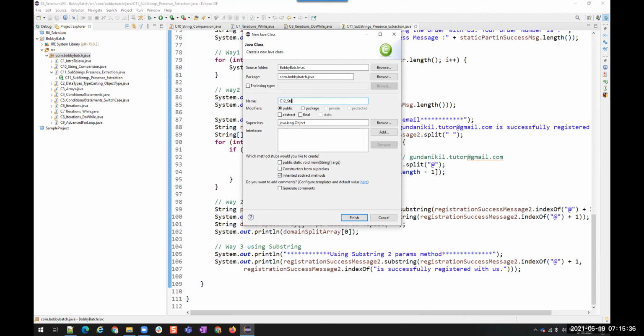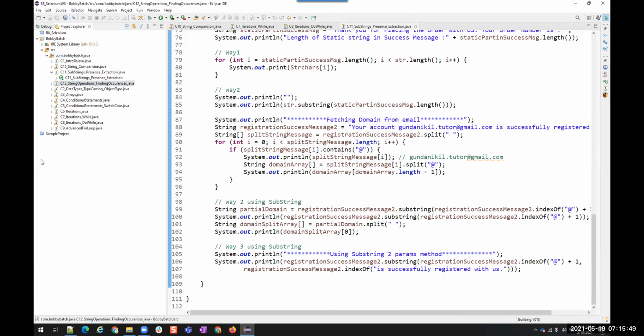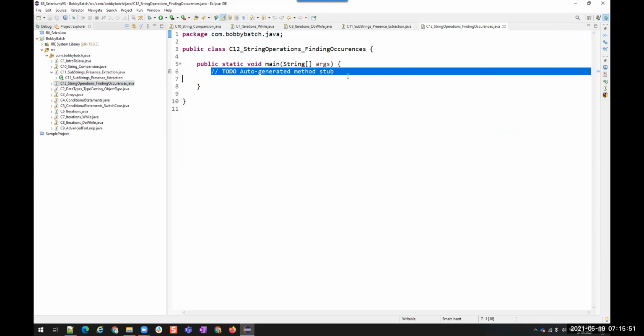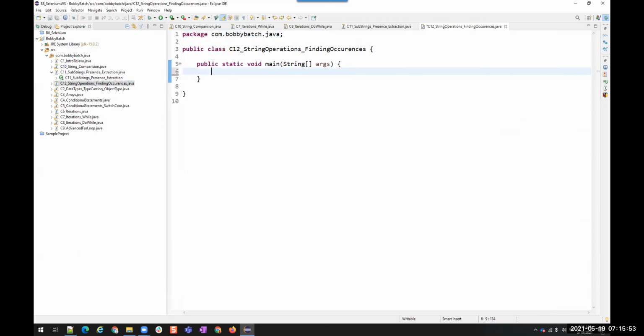C12, string operations underscore finding occurrences. Third upgrade is upgrade class. Here I'll take a string equals to "hello session.